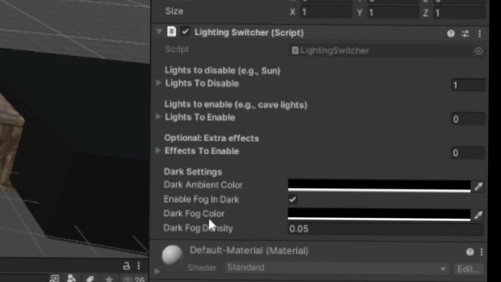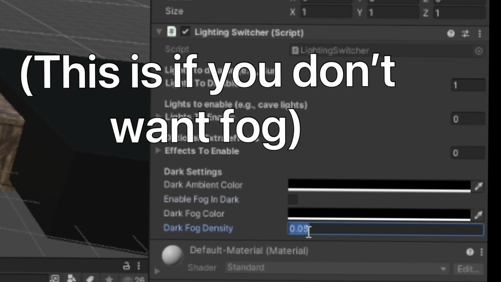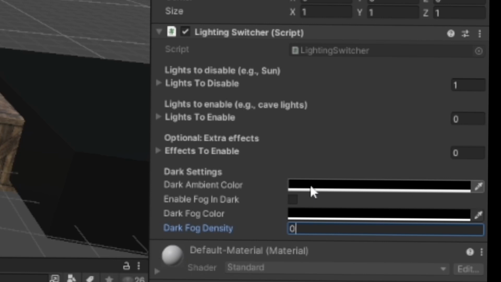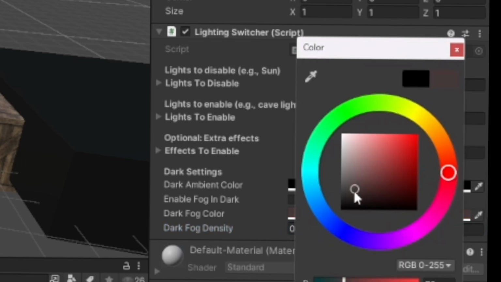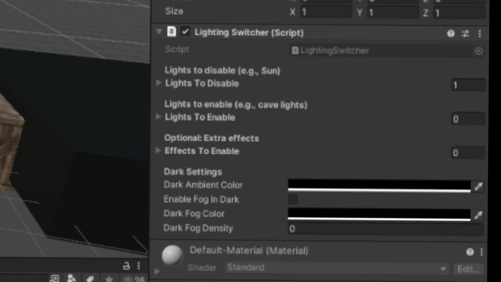And here where it says the dark settings, you could just keep that the same, except if you don't want fog, which I recommend not having fog, I don't really like it, I would just turn that off and then make this 0. And then dark settings, yeah, that's black and this is black. You could change this fog color to whatever you want. If you want like gray fog or something, but I don't want fog, so I'm just gonna do whatever. So now,